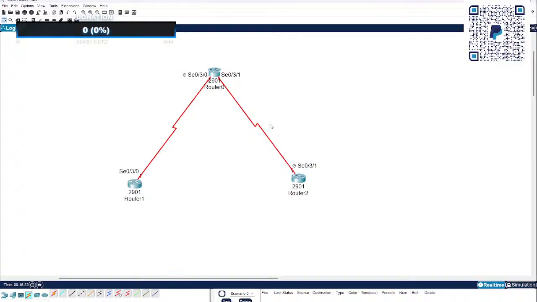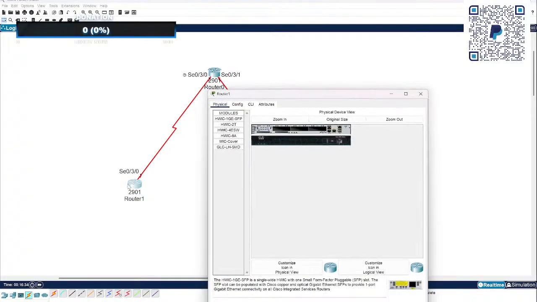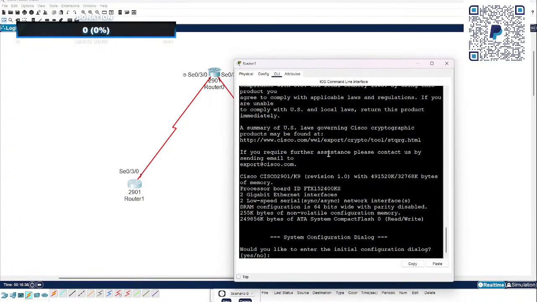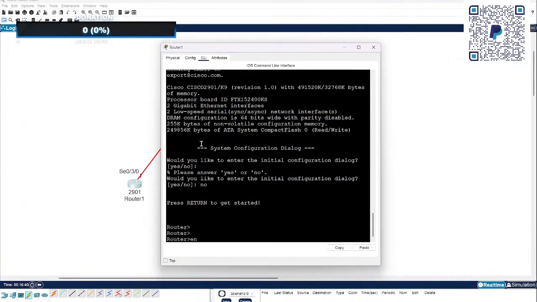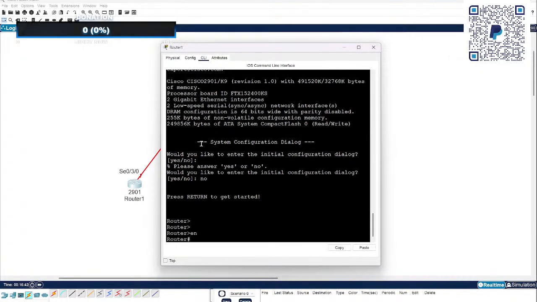We have decided to configure one of the branch routers, R2, as an EIGRP stub. Okay. First of all, we need to do the basic configuration